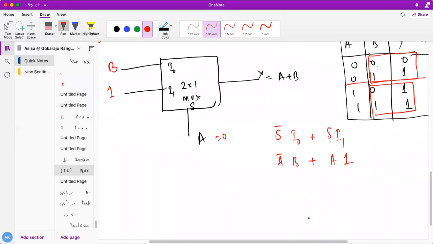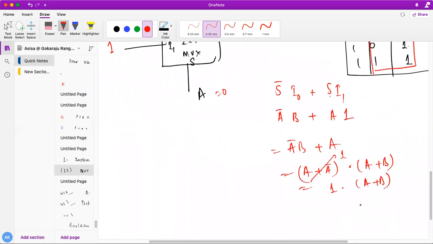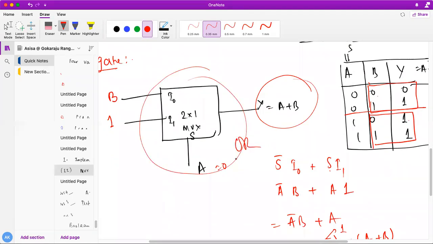Okay, so see here what is happening over here. If I am going to put here A bar, so obviously what will happen here? This is A bar B or A. So if I solve this, what I'll get? A or A bar and A or B. Just I have put the distributive law. What I'll get? A or A bar is 1, and A or B. Finally, what I'll get? Using the postulate number 2, A or B. All of you understand, students, how I have got A or B? So this mux is now converted into OR gate. Okay. So this is the way you need to do.